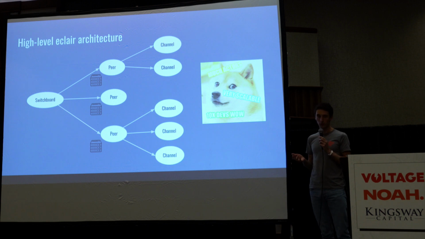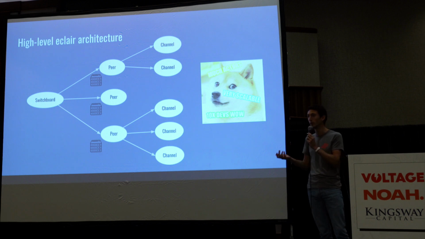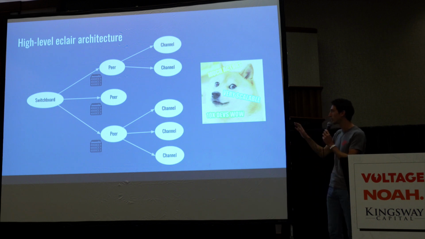So the way we use the actor model inside Eclair is that every channel is a separate actor. That means every channel can potentially live on a different machine because channels are completely independent. The only thing that you need to tie them together is you need to have one place or a few places where you have a map to connect channels to peers, to know that these channels are with a given peer. But even with a lot of channels, that's something that doesn't need a lot of memory. It's just something that you would put in RAM on a machine that maybe has a lot of RAM if you have a very big node. But the channels can live anywhere, basically.